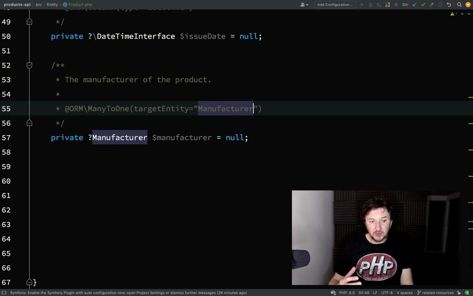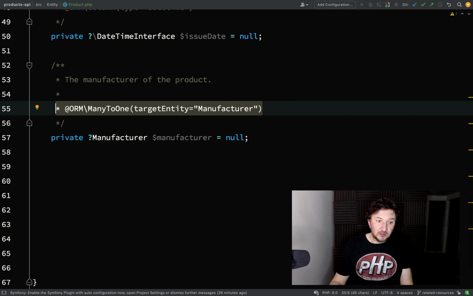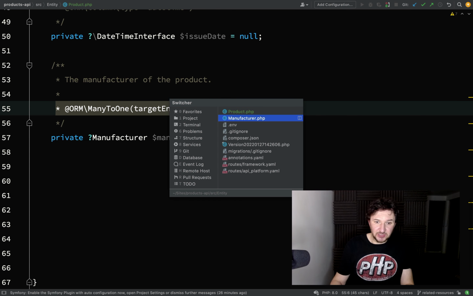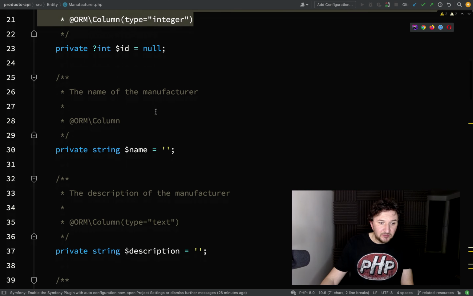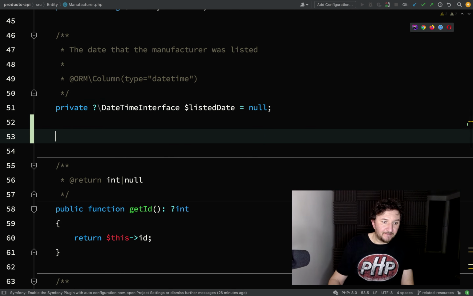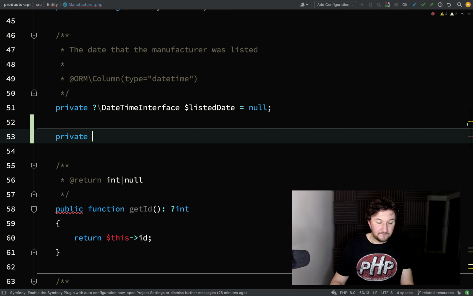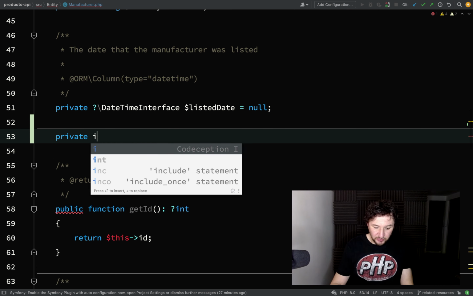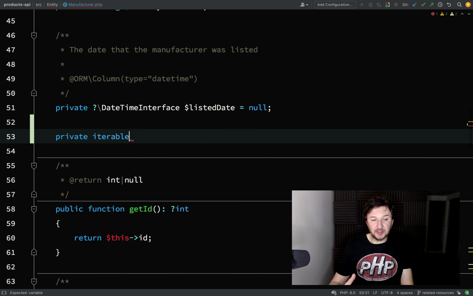Okay, great stuff. So now that we've actually created that relationship on the product, what I'm going to do is go over to the manufacturer and create an inverse relationship there. So on manufacturer, what we're going to do is create a products property, and then I'm going to say iterable products. By saying iterable, it means it can be an iterable kind of class, such as a collection, or it can be an array. So we're going to say private iterable